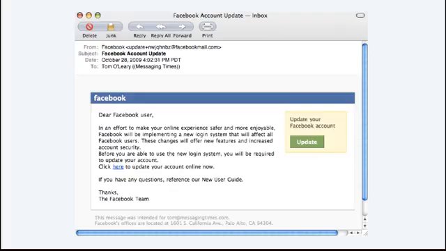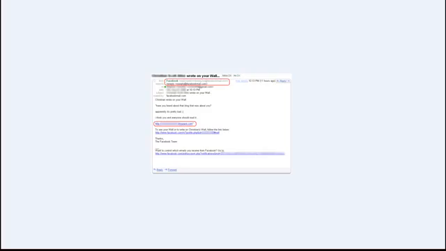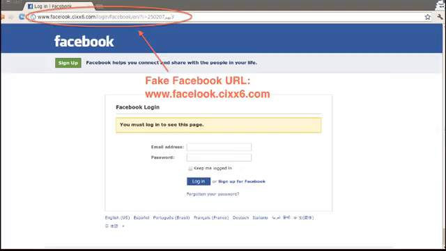The user, not knowing what's going on, obviously clicks on the link and gets redirected to a fake login page, which is usually a subdomain of a certain domain. For example, in this case, it's www.facebook.clxx6.com. So this deceptively looks like Facebook, but it's not Facebook,